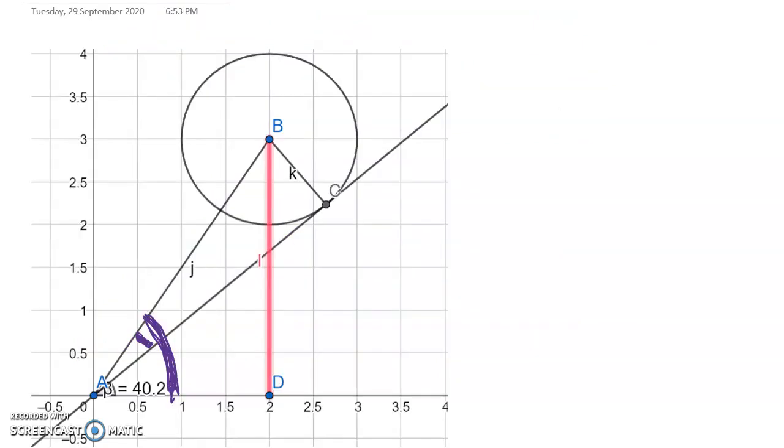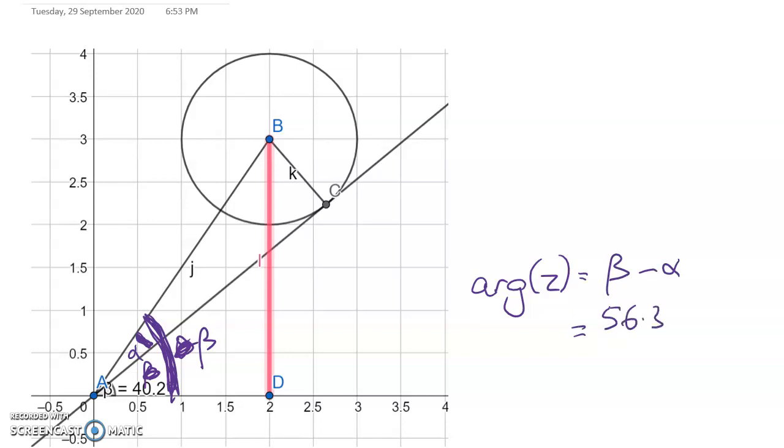So what do I need to find in the end? Well, it's the difference between those two things. So we've got alpha here, beta here, and that whole thing there was beta. So arg z is equal to beta minus alpha, which is 56.3 degrees